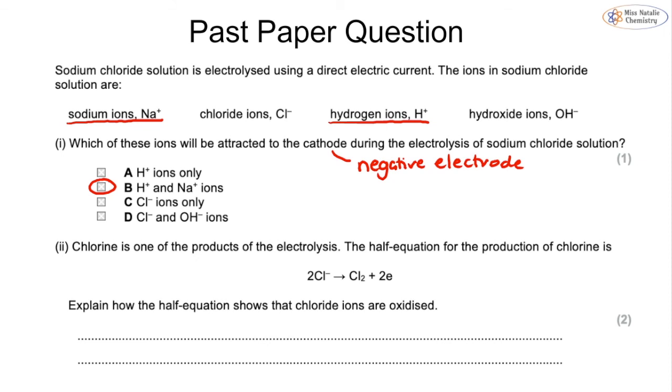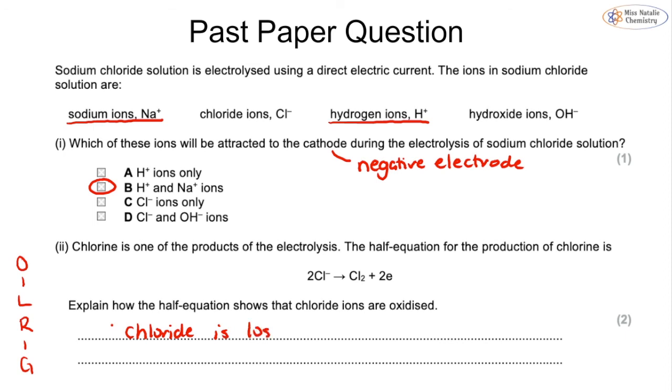For part 2, chlorine is one of the products of electrolysis. The half equation for the production is shown below, so we've got 2Cl- giving us Cl2 plus 2e-, and we want to explain how the half equation shows that chloride ions are oxidized. And remember, we have our mnemonic, OIL RIG, and we've said that oxidation is loss of electrons. Well, the fact that the chloride has gone from a negative charge to neutral means that the chloride